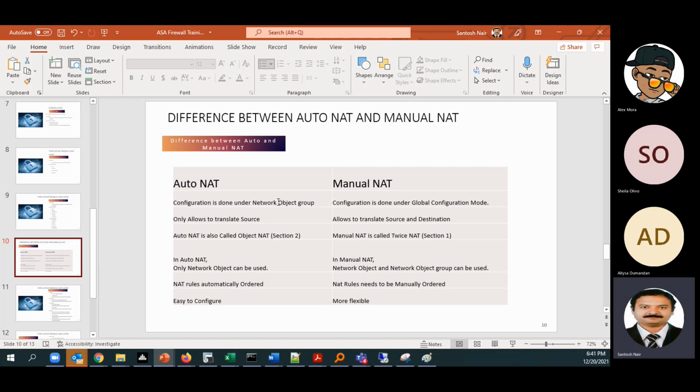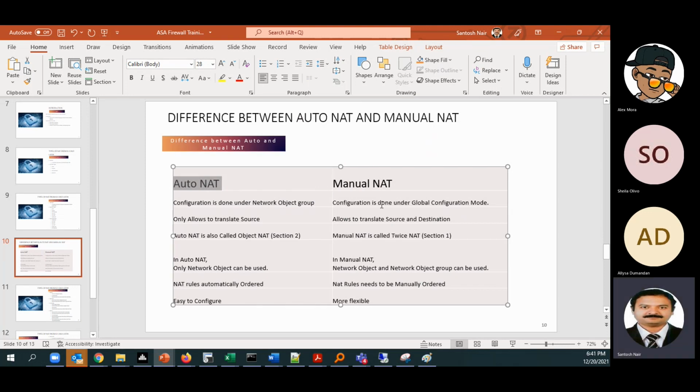Then we give the subnet 10.0.0.0/8. Inside that object we'll define the NAT. So NAT is being defined under the network object, and whenever that is happening, it is auto NAT.